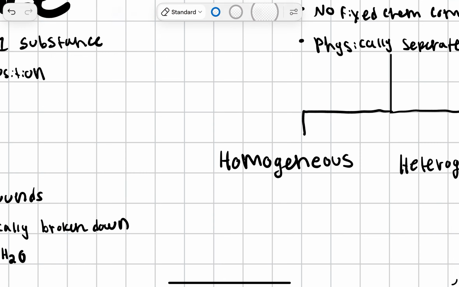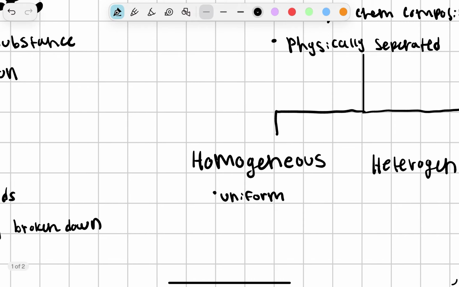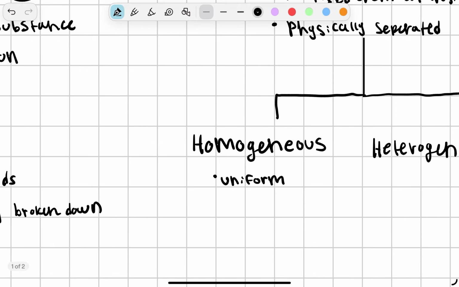Homogeneous mixtures look uniform. And an example of a homogeneous mixture would be sugar in water. Sugar water can still be physically separated into sugar and water through a process of evaporation, but it looks uniform